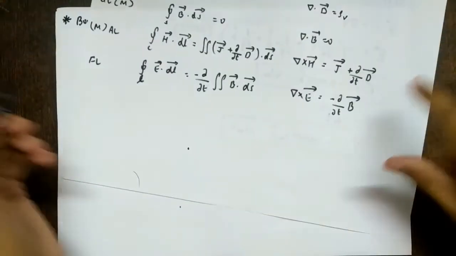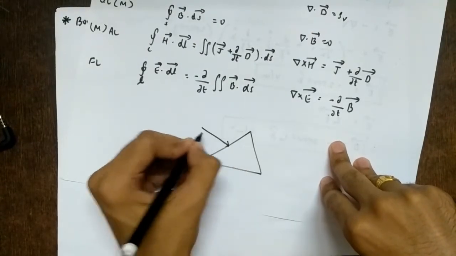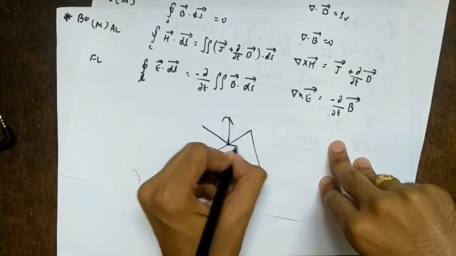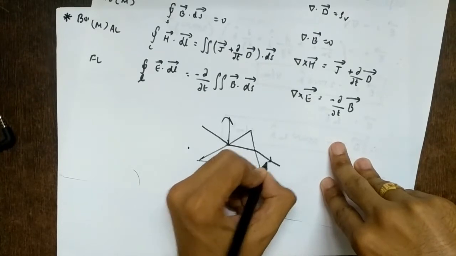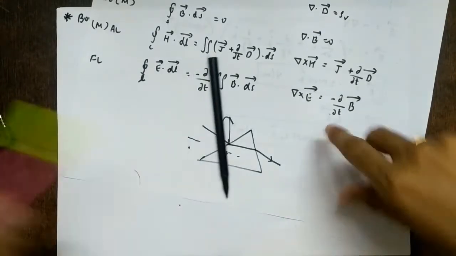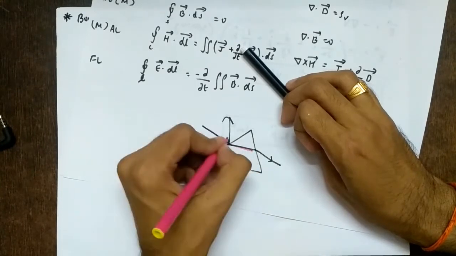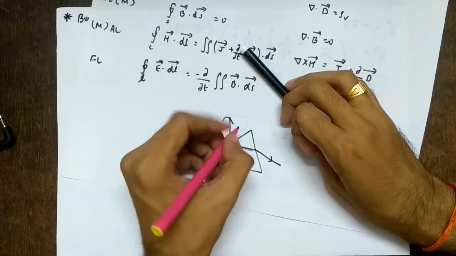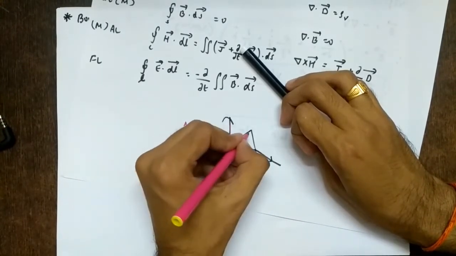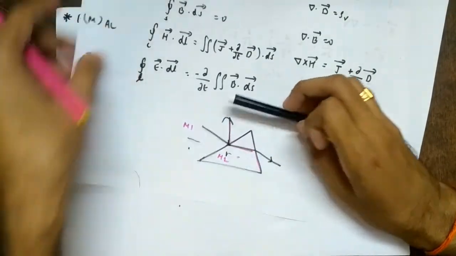So a very simple example is, if you take a prism and make a light incident on it, what happens? Some part gets reflected, some part gets refracted, and here again it gets refracted, right? So we say that this is rarer medium, denser medium, something like that. We'll not go into that jargon. But basically if you make a light incident, some part will get refracted, some part will get reflected, right? And where does this take place? If this is medium 1, and this is another medium, it happens at the boundaries between the media. So this is again another boundary, right? So from this we get the topic name, boundary conditions.